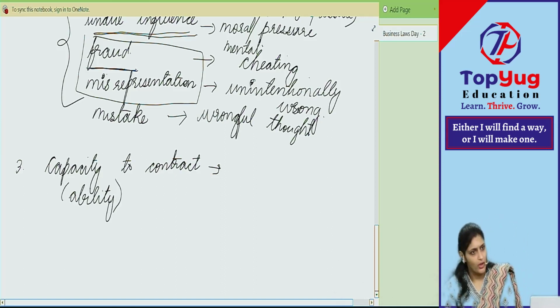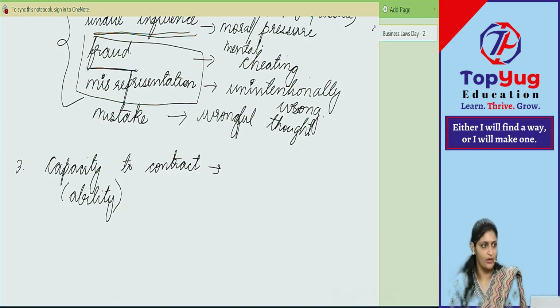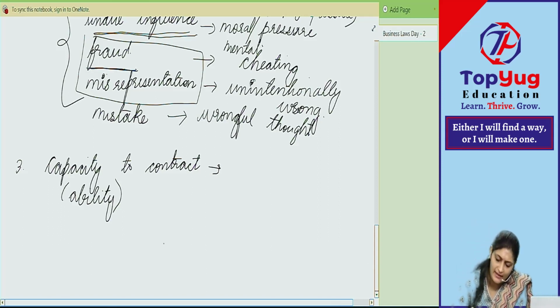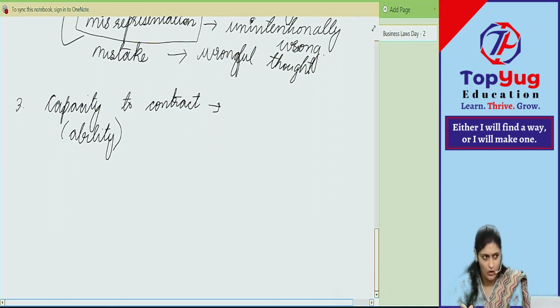Ability to enter into contract is nothing but capacity to enter into contract. You should have that ability to enter into contract, then only the contract is valid, otherwise it is not valid. So as per your Indian Contract Act 1872, the parties who have capacity to enter into contracts are